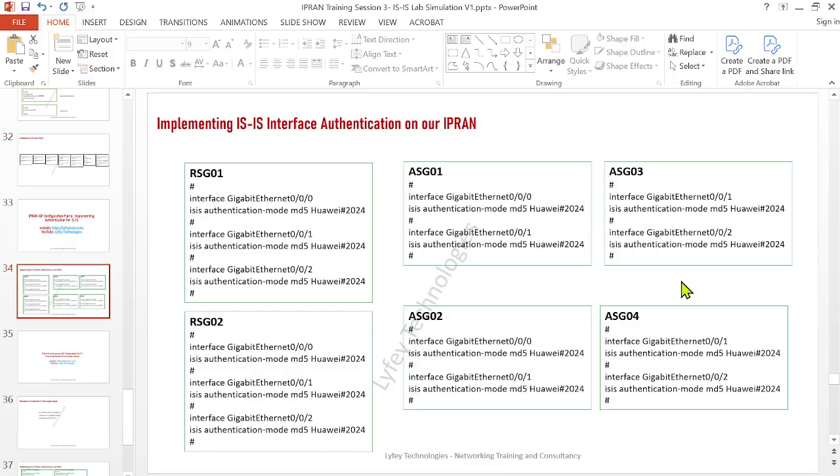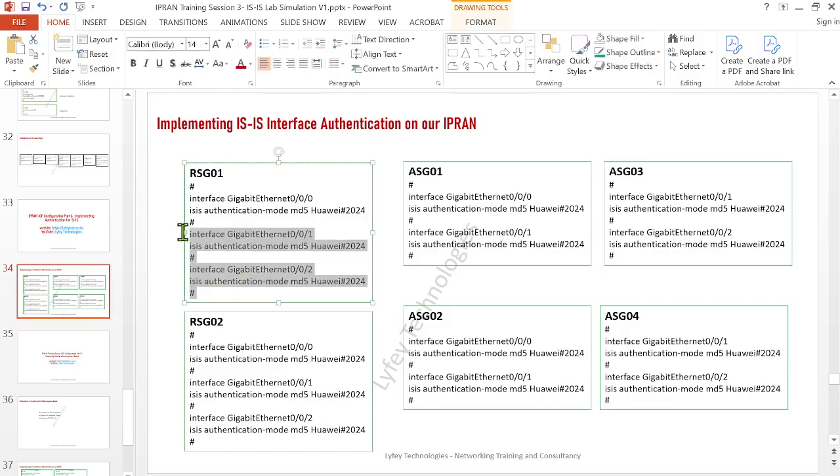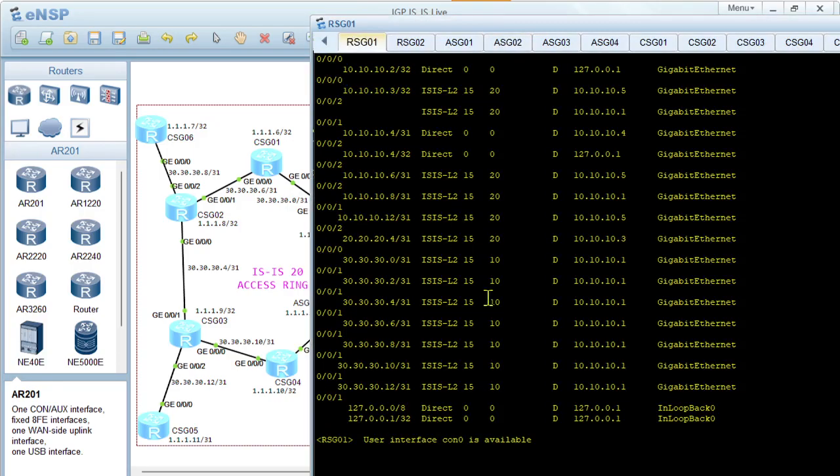Okay, so next step is to now check on the authentication. So for authentication, definitely we need to consider the network security. So that's where we are bringing in the authentication. And for you to do the authentication, many times we use MD5 authentication. And when you configure MD5 authentication, you need to ensure that you configure it on both ends of the router. You cannot just configure it on one end. For example, if I just take these configurations on RSG1 and go apply on RSG1,